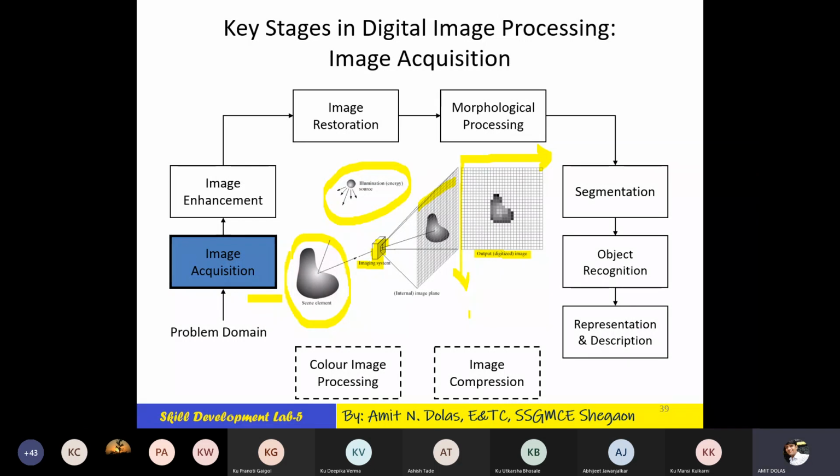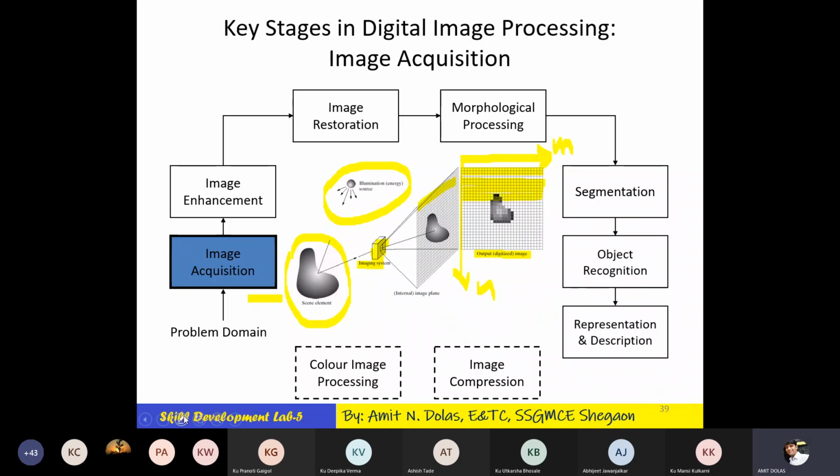In terms of axis, we have a two-dimensional image x and y, and in digital we call it m by n. So pixel-wise information is stored here depending on the location, that is the xy location of the pixel, as well as the intensity of the pixel.